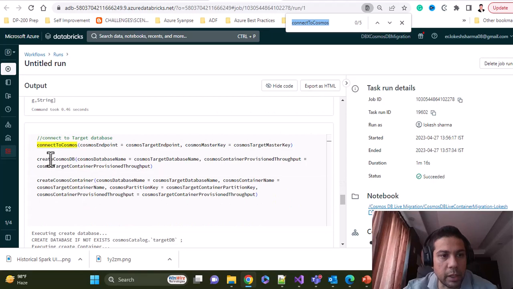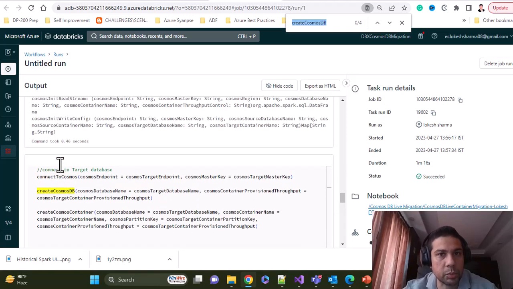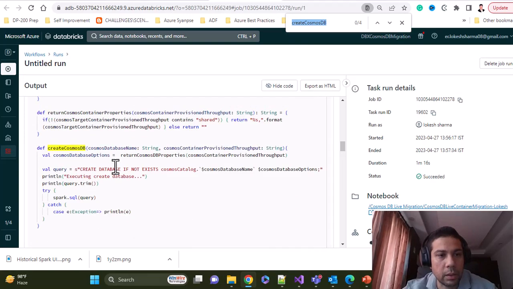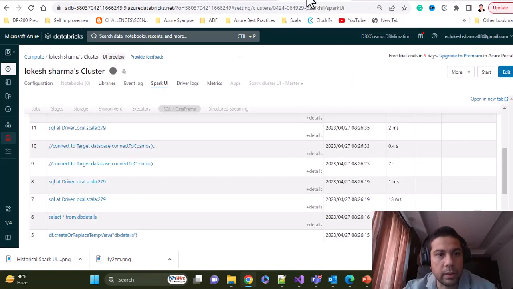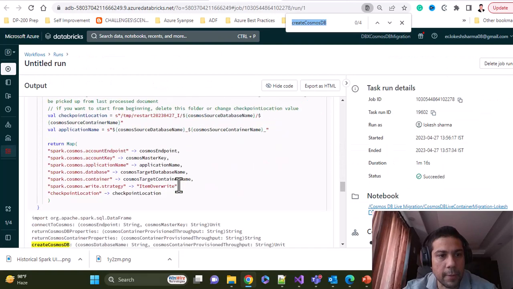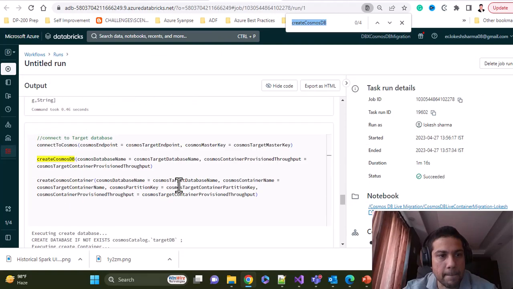But at the same time you have these two functions, create Cosmos DB, and if you scroll up you will have create Cosmos DB, right? And that's why you see here connect to target database twice. See, connect to target database, because